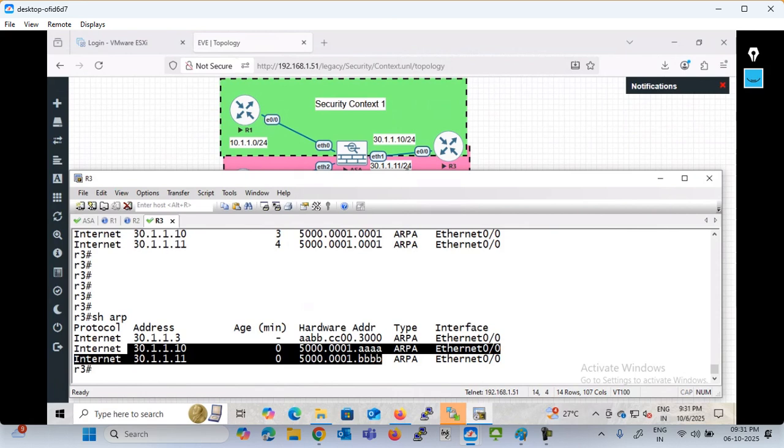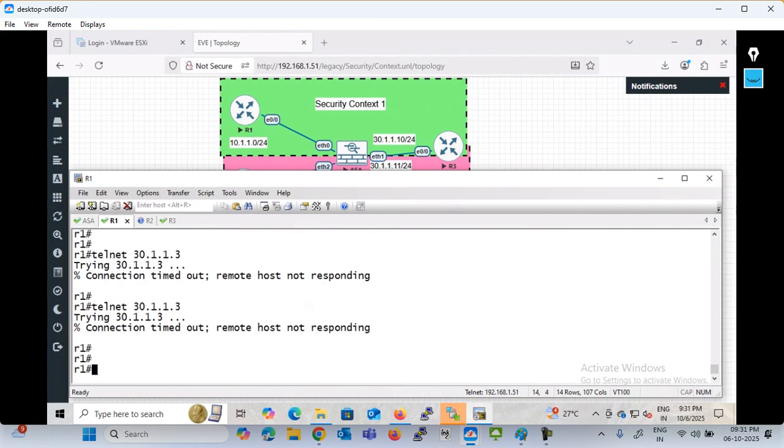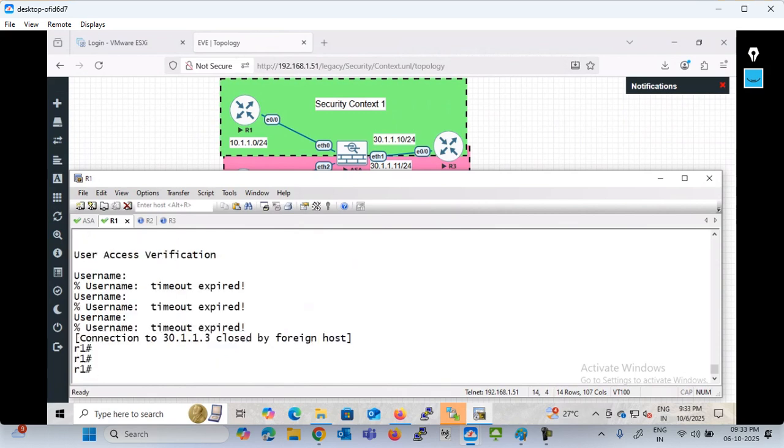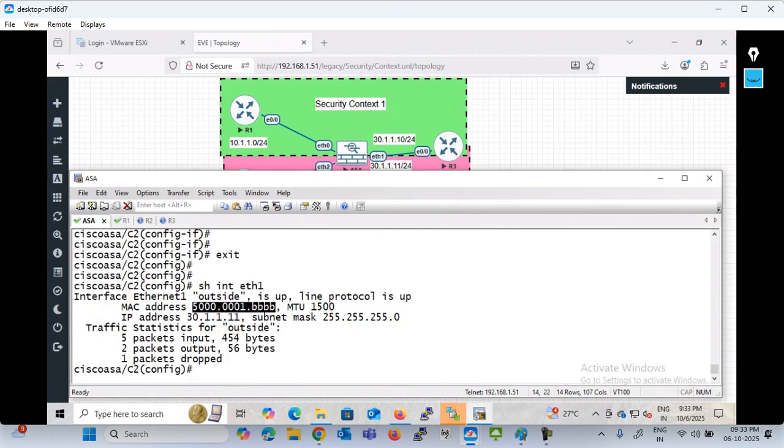And now let me again check the traffic flow. So now I'm going to make telnet connection again. So now I'm getting the telnet, right? So what is the first option? The first option, you can change the MAC address of interface in every context. This is the first option you have, okay,